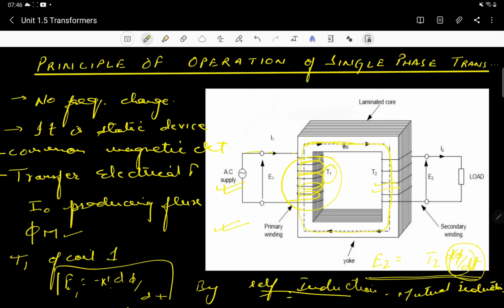you can see that that flux which is linking to this secondary coil and the number of turns are T2, it will definitely produce the EMF E2, okay, depending upon the number of turns and the change in flux, and that EMF, the secondary EMF, will go on the load side. All right, so this is the simple working principle of the transformer,